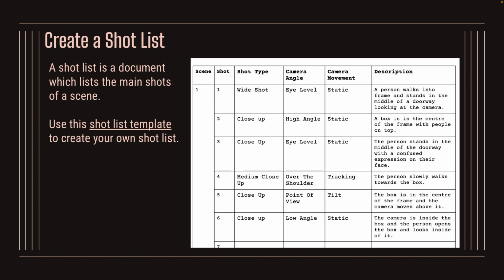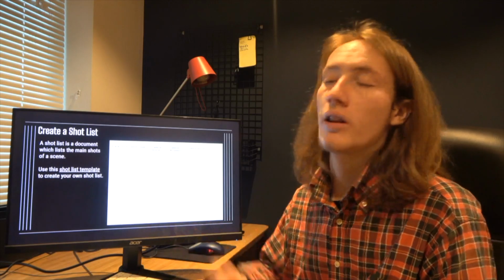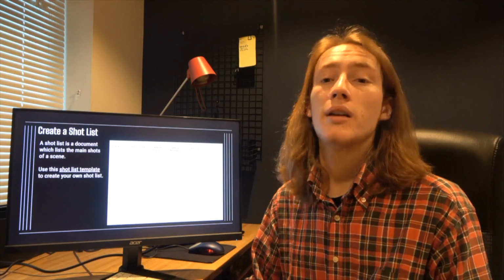The first activity is to create a shot list. A shot list is a document, like a screenplay or a storyboard, which lists the main shots of a scene. Use this shot list template to create your own shot list. And if you click on that link, or if you go to my website, you will be able to find